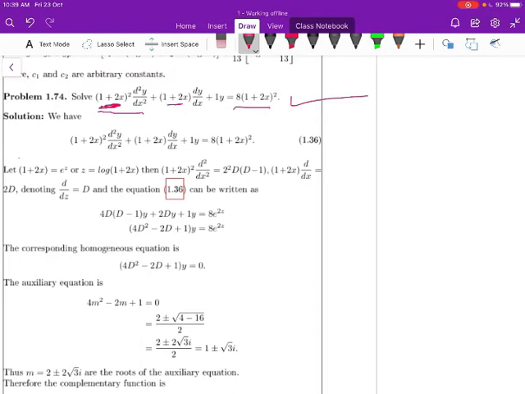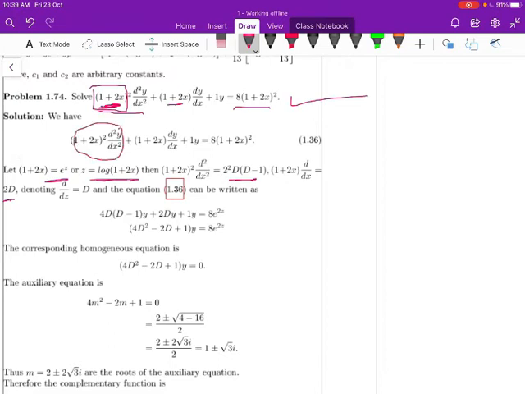So to convert into constant coefficients, take the transformation 1 plus 2x is equal to e power z. So z is equal to log of 1 plus 2x. Then (1 plus 2x) whole square d square by dx square can be written as 2 square D into (D minus 1), which we have seen in the theory. Similarly, (1 plus 2x) d by dx is equal to 2D. So using these, the equation becomes